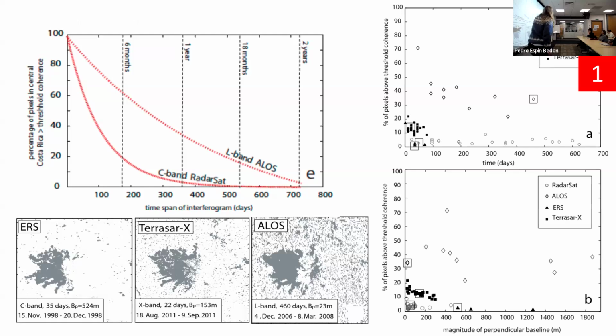So this is the same thing expressed in a slightly different way. You've got X band, C band, L band, and K band. Expressed in terms of baseline on the x-axis, the y-axis is pixels above a particular threshold where the data becomes useful, and magnitude is perfectly clear. You can see there's a very clear X line here. The usefulness of doing it drops off really, really fast for larger baselines.